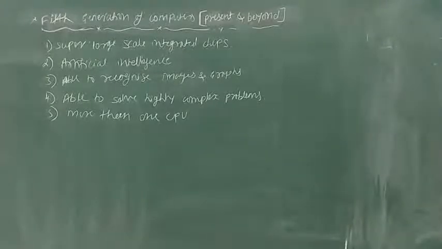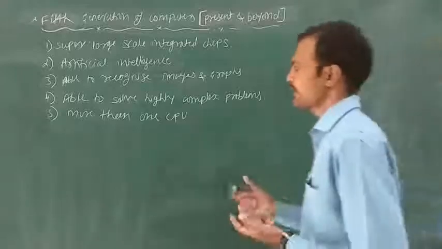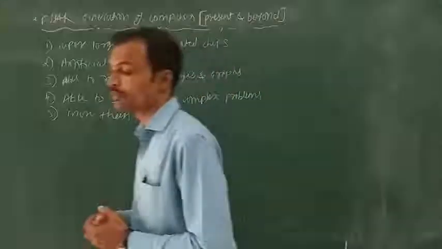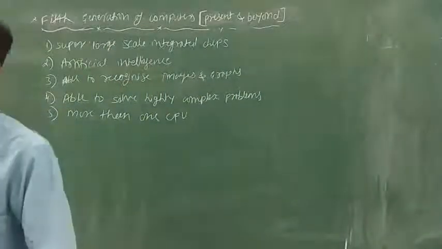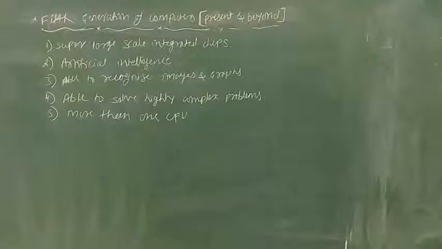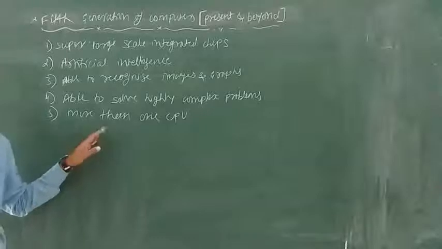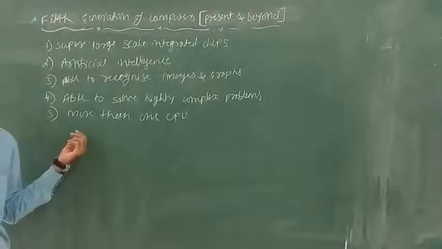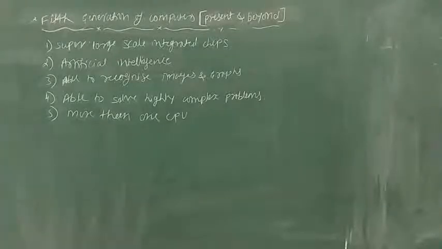In the previous one it's not like that. You can use only one CPU, but here it's not like that. You can use more than one CPU. Means if you want to progress faster, at that time you can use more speed. When you are using multiple CPUs, definitely you get more speed. Okay.